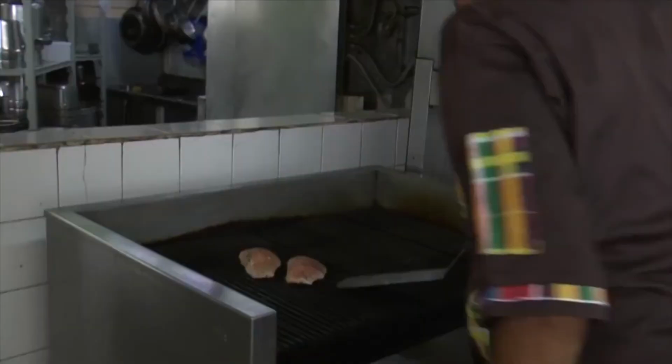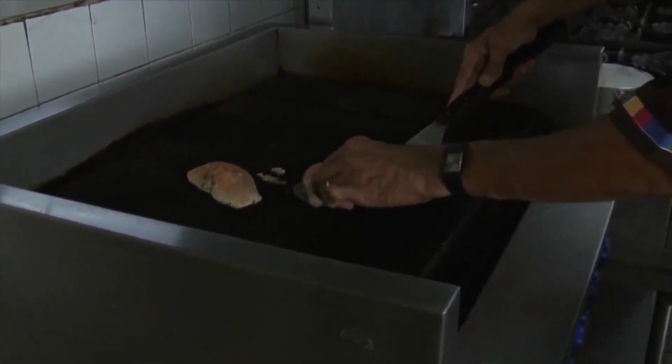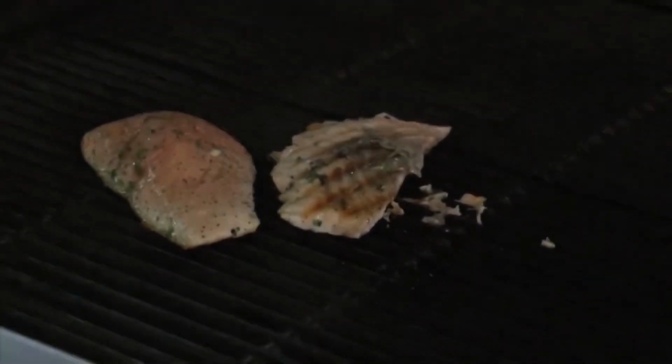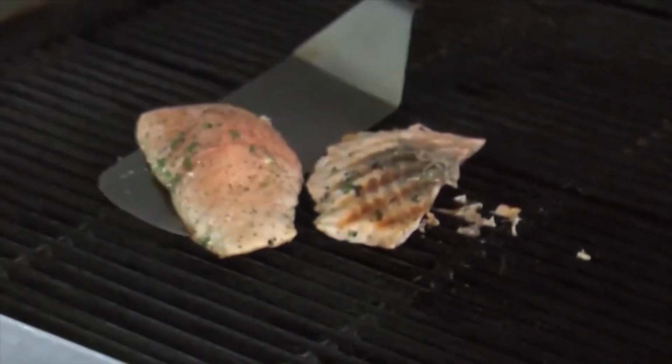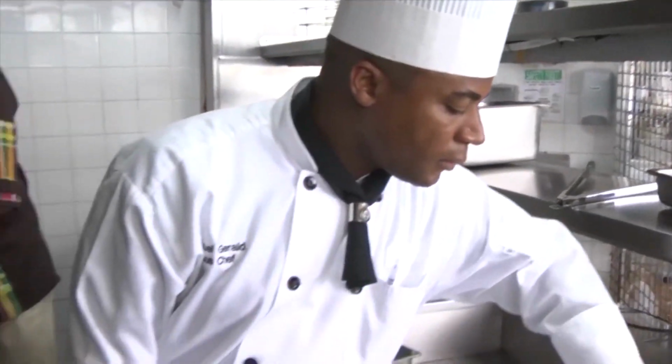Let's check on our fish. Okay, we have a nice piece of salmon grilled. We don't want to over grill it. We don't want it to dry. Nice piece of grilled salmon. Chef has also prepared a lovely